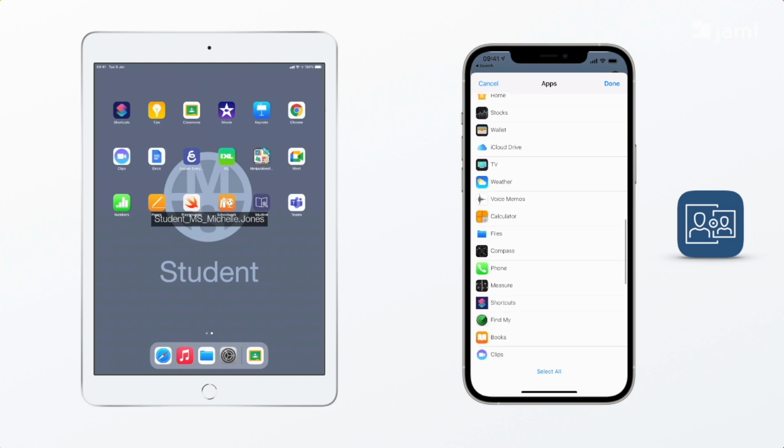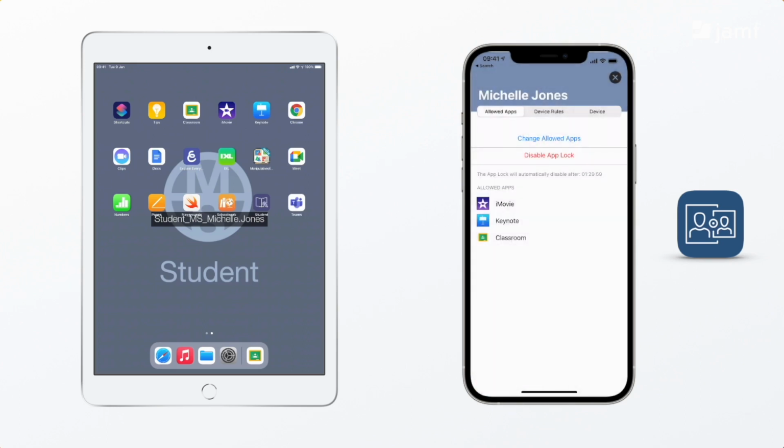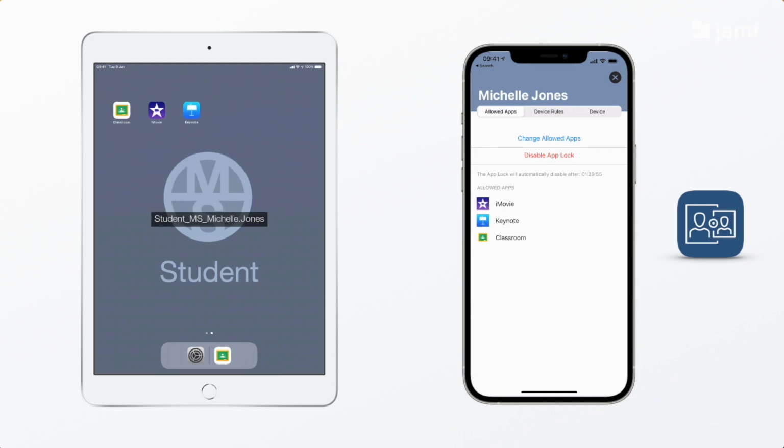Then with the app lock feature, she knows that Michelle's school uses Google Classroom, so she's going to make sure that Michelle only has the app she needs to focus on while she's at home. These apps can be locked for a specific period of time to ensure that Michelle is going to give her learning the full attention that it deserves. And this is helpful because